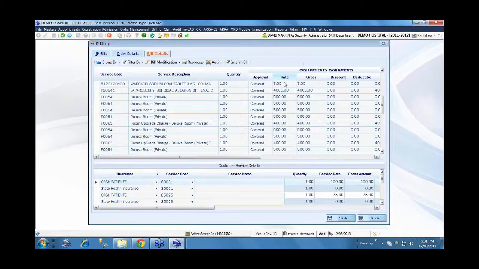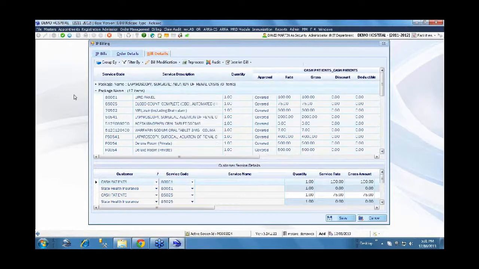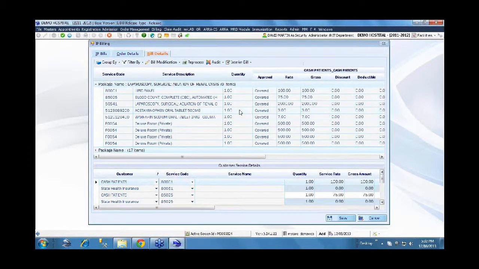Any service provided outside this definition, we'll group by the package so that we can have that clarity. Here again, once the bill is generated, while viewing the bill details you can group and then view the information. So we can know what are all the services inside the package and what is outside the package. We'll see first what are the services inside the package. Open drill down of package. Here, as per the definition, only 4 days of room and board is covered as part of the package, and these are all the lab services, and medications up to a certain limit are defined.